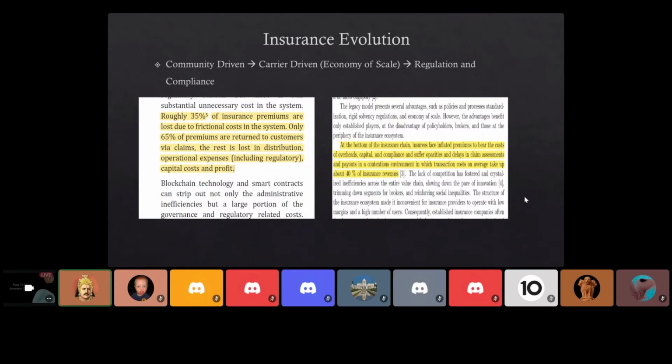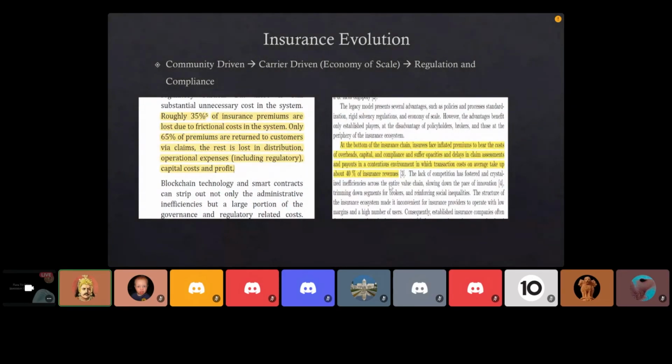If you see the white paper, I have attached a snapshot of white papers from various insurance protocols. Around 35 to 40% of the premiums that are paid are spent on operational costs, regulatory expenses, logistical expenses, and intermediary expenses. It is a fact that a large portion of the premiums paid for the insurance product is being spent on operational cost rather than for covering the risks. So this is where blockchain is the best platform to be leveraged for taking insurance forward.